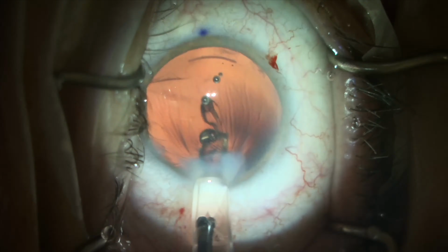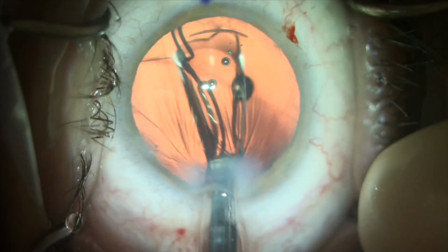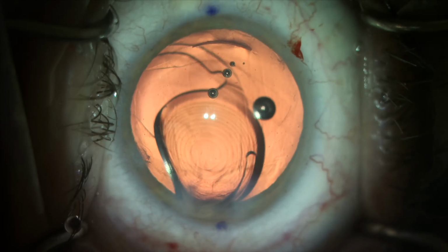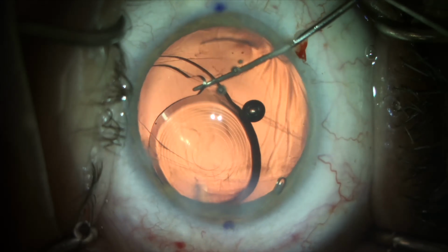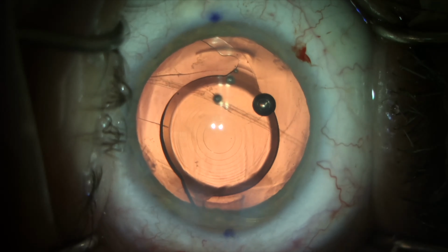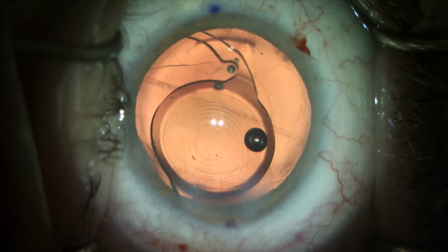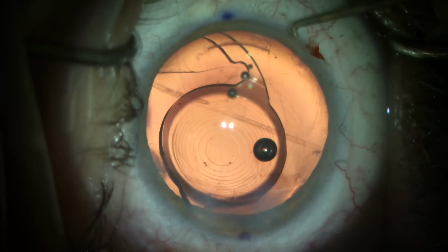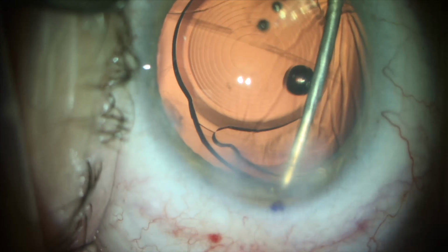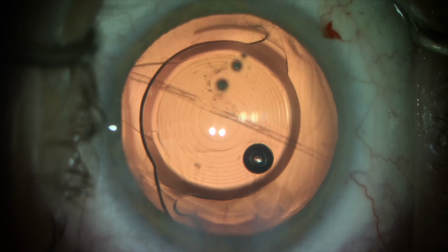Ultimately, we insert the Symphony implant that we originally planned to place without any power change. And we place it into the capsular bag. We insert the leading haptic into the equator of the bag at the 12 o'clock position, and then we use a collar button inserted through another side port incision to gently place the trailing haptic into the equator of the bag located between